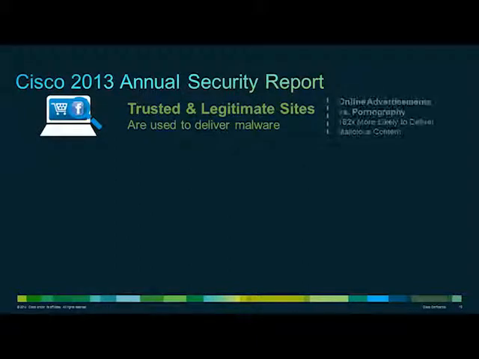It's not unusual to assume that websites used to deliver malware to unsuspecting users are bad and illegitimate sites set up specifically to be malicious. However, what is shown is that methods to use legitimate and trusted sites to deliver malware are more common. The example shows online advertising is 182 times more likely to deliver malicious content in comparison to what are assumed